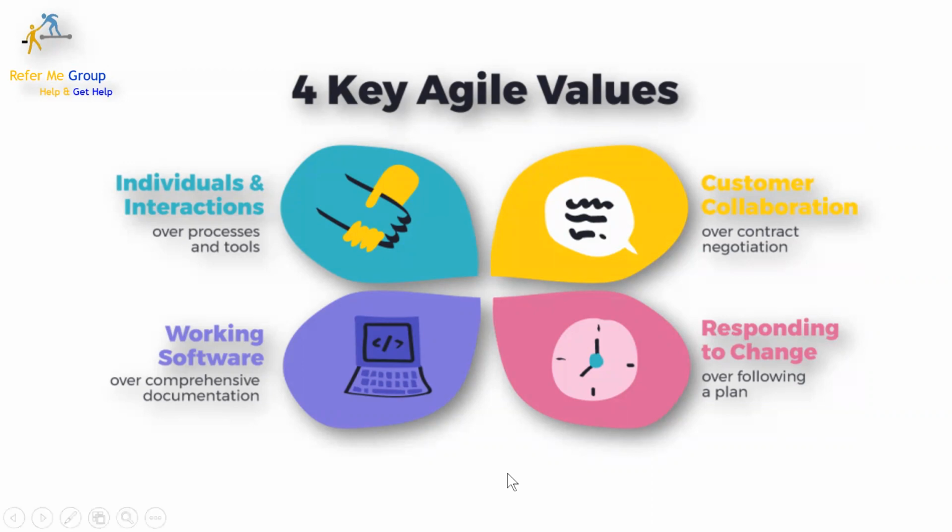And the second one is customer collaboration over contract negotiation. The third is working software over comprehensive documentation. And the fourth one is responding to change over following a plan. Agile never says that you should not rely on process and tools, but